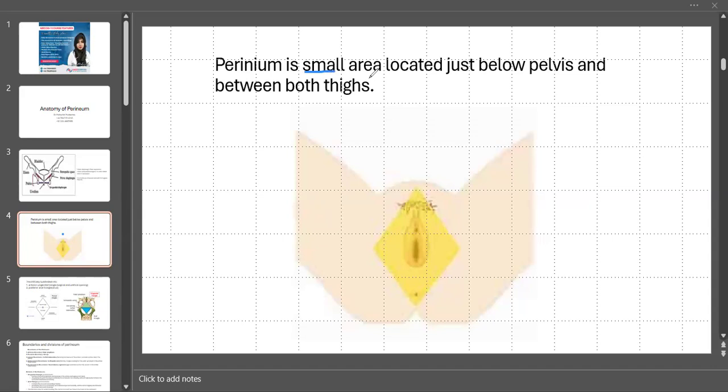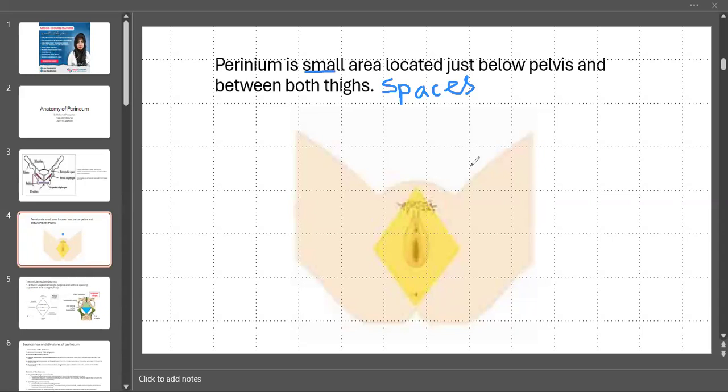Why is it complicated? Because it has some spaces, some pouches, and some layers of muscles. If we unlock these mysteries of what the perineum is made up of, it will be an easy compartment for us. For that,